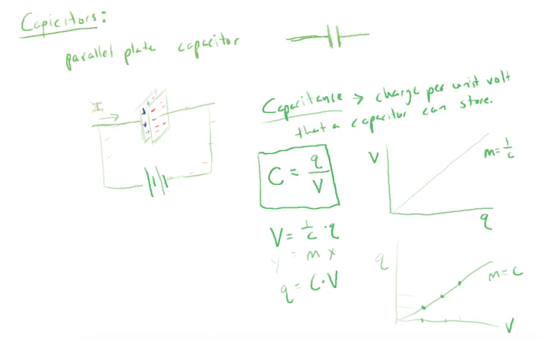Okay, it's a coulomb per volt, so the unit is a coulomb per volt, not a capacitance, but a coulomb. I know that's a little confusing. A coulomb per volt and a volt is a joule per coulomb, right? So we can start measuring, so this would be a coulomb, and that's a joule per coulomb. So this could also be a coulomb squared per joule, and ultimately we don't want to write all these different